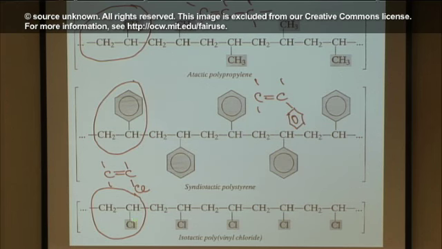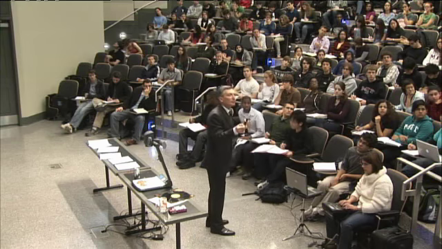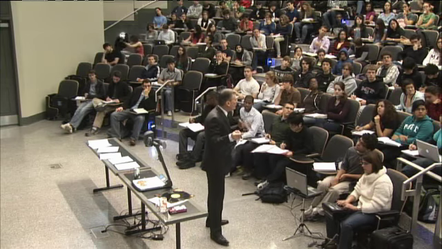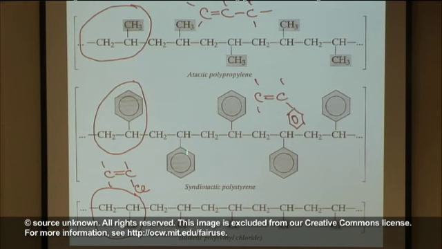But look at the chlorine. The chlorine could either be below or it could be above. Well, in this case, the chlorine is always below the chain. So this is called isotactic polyvinyl chloride. Now, this one, they're trying to mix 2 things at once. I would have shown this with vinyl chloride in all 3, but okay, so imagine now, in this case, it's